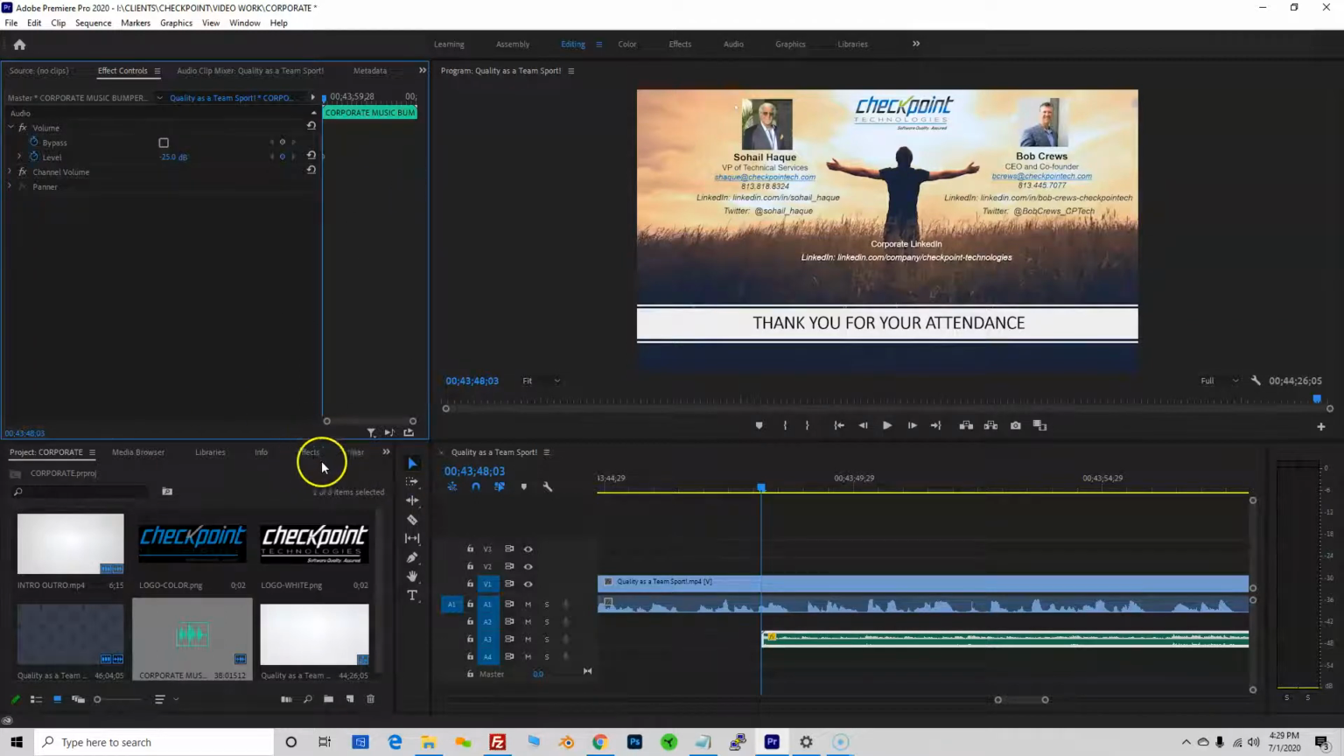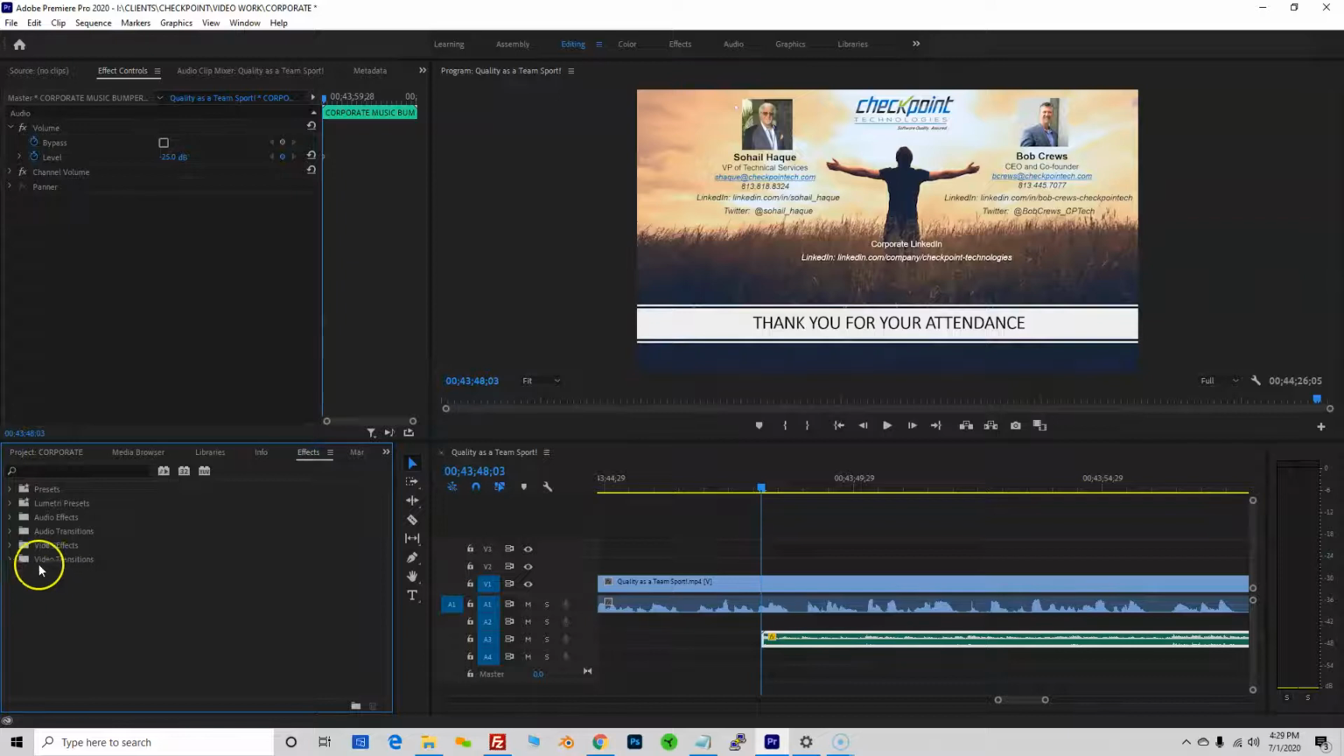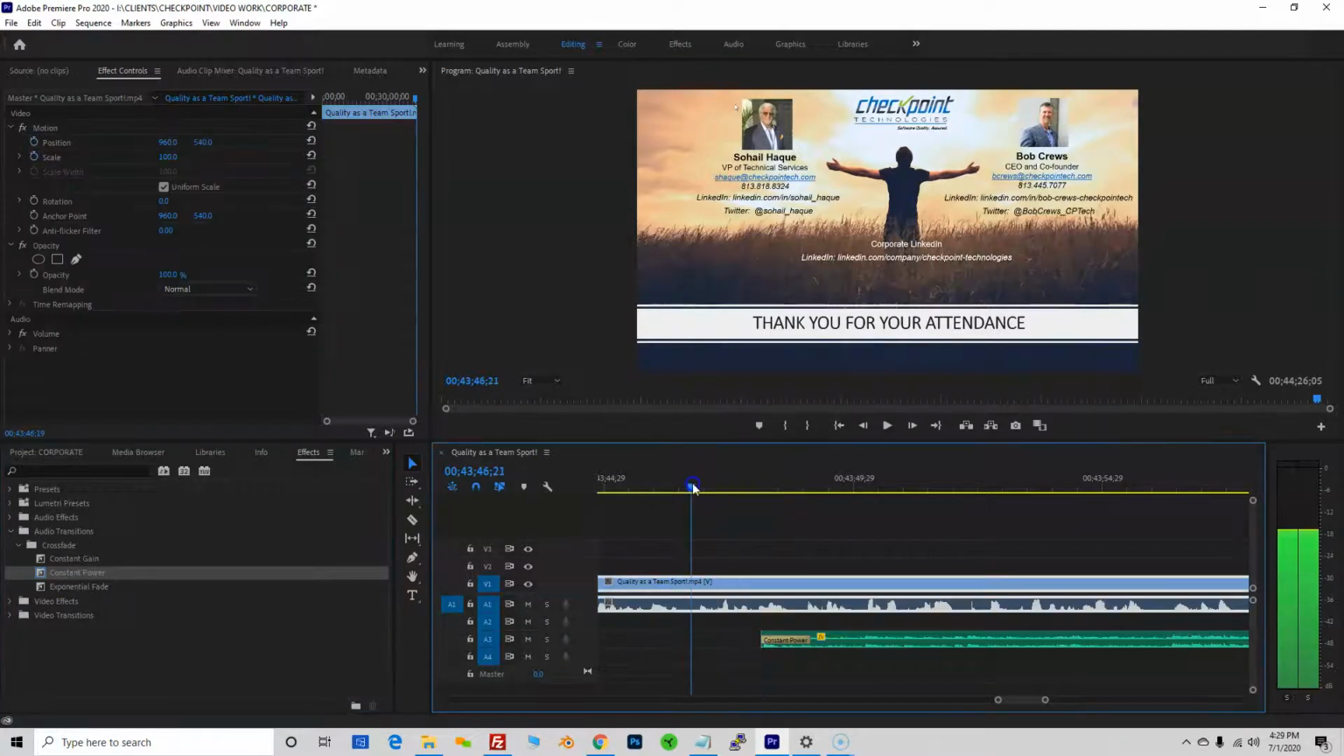Then I'm going to go to my effects right here, click on effects. I'm going to go to audio transitions, crossfade, and do constant power. So once you have that selected, drag it to the front of your audio file, which is right here. And this will bring in the music nice and light. So if we listen to the flow,